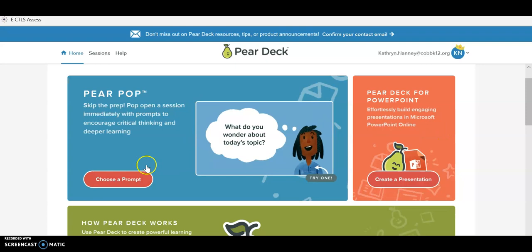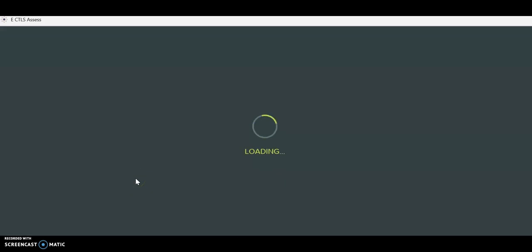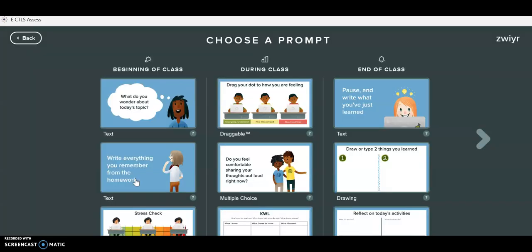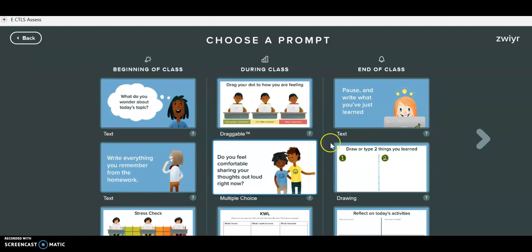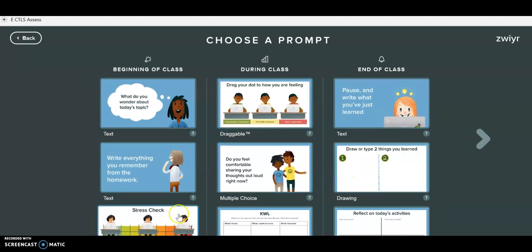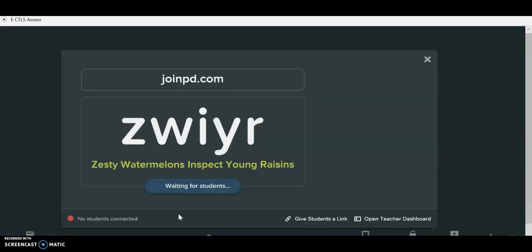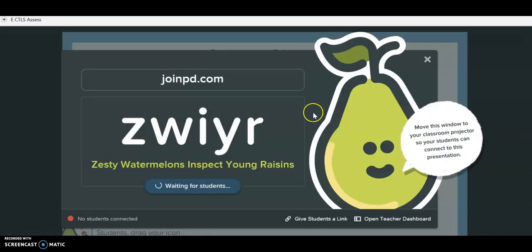It's similar to Nearpod. You can mirror it to your class, and so they punch in a code and then they're able to sync right into what you're doing. So it already has some pre-created prompts. Now that's one thing that I did really like about it. So you have some that you can use for the beginning of the class, during class, and the end of class. So one right now is a stress check one where your students would just simply enter this